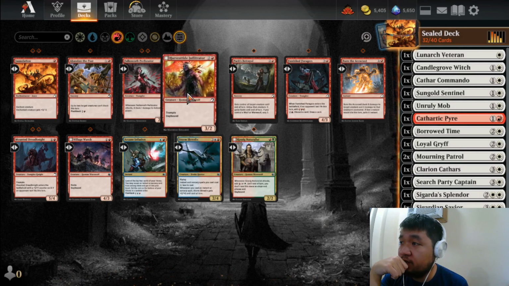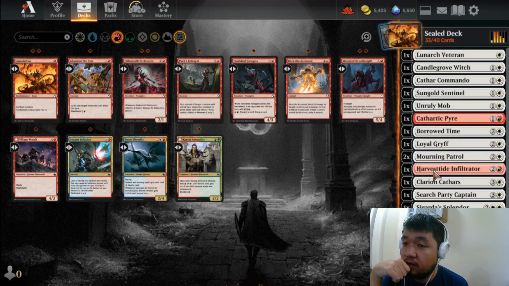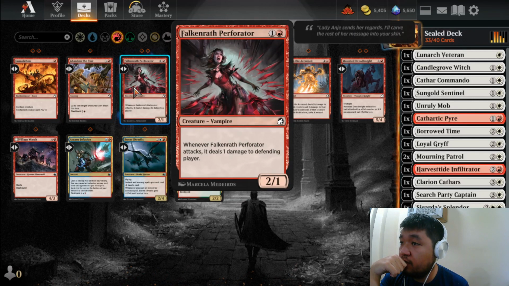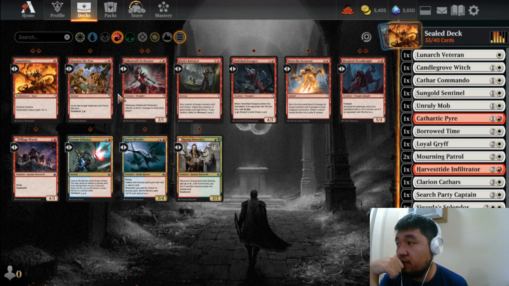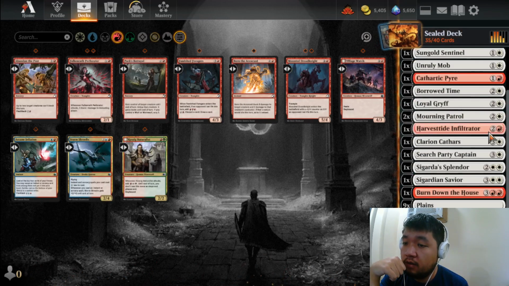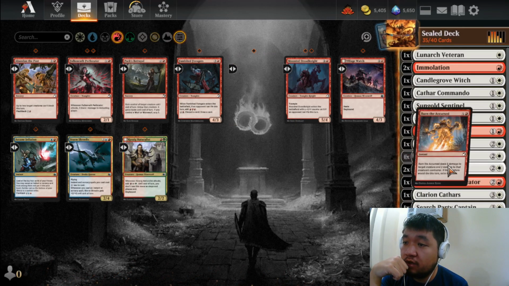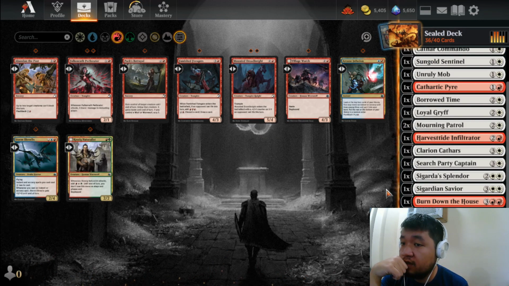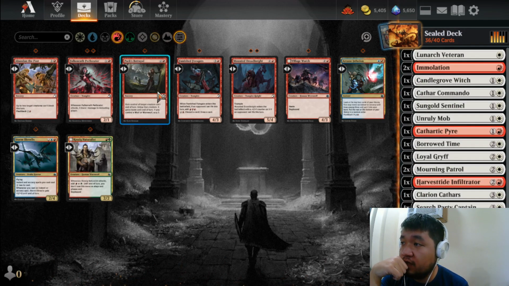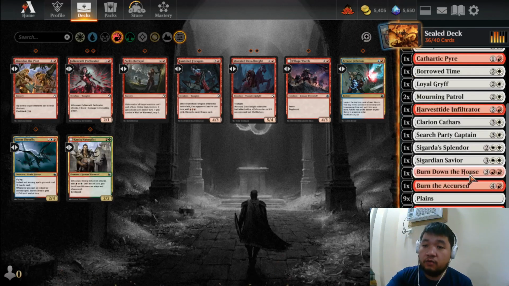I will note that the removal is a bit light, so yeah, definitely want the Infiltrator. Perforator is kind of okay. It's a way to get aggro through. Definitely want the double Immolation. Double Immolation. Probably Burn the Accursed as well. So definitely going to be running 9/8 if we keep this up. We're 12/7, so